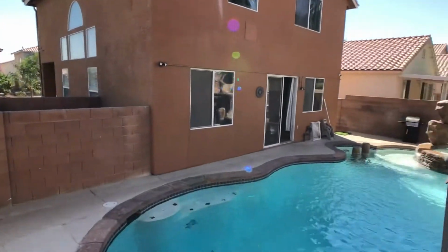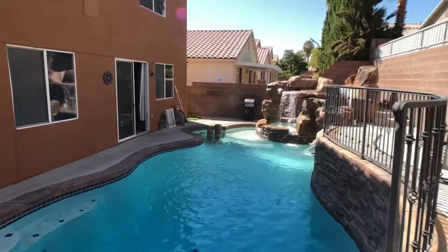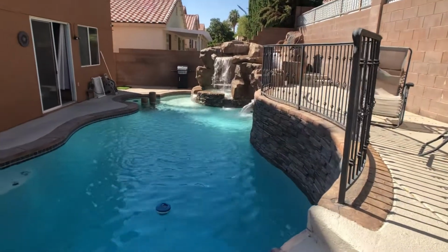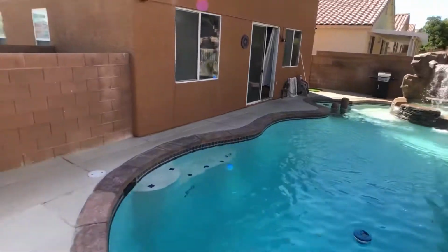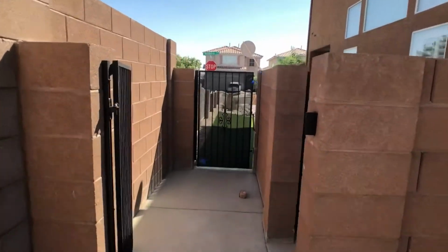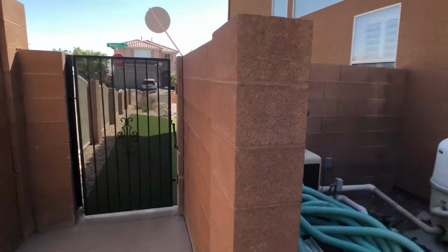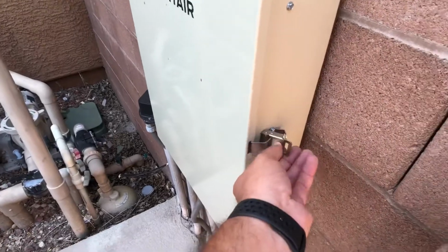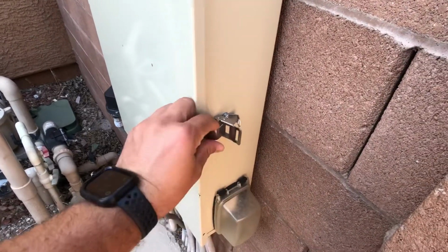As we come down and take another look from the east side of the home site, looking at the pool from where the deep end of the pool is right here, which you can see leads into that side gate area, and where the pool equipment is situated. Once again, that is a new control panel. This is an upgrade,